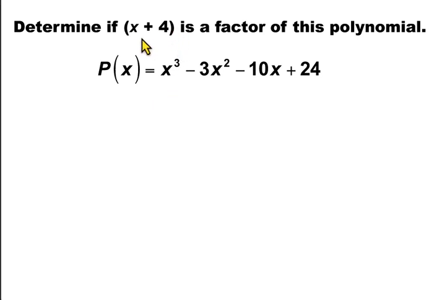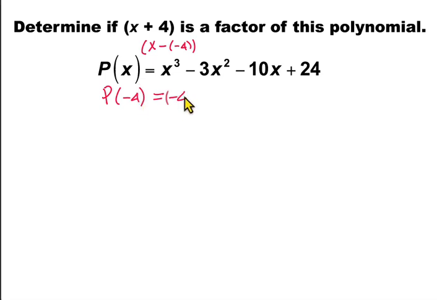So to see if x plus 4 is a factor of this polynomial, we plug in the numerical value into the polynomial, but make sure that the factor is written in the form x minus a. This is not written in this form, so we rewrite it as x minus negative 4, and we plug in negative 4 into this polynomial. So we get p of negative 4